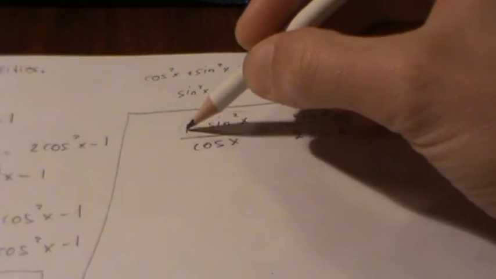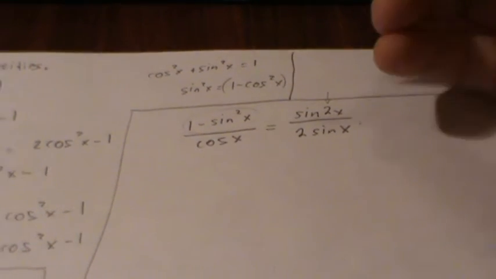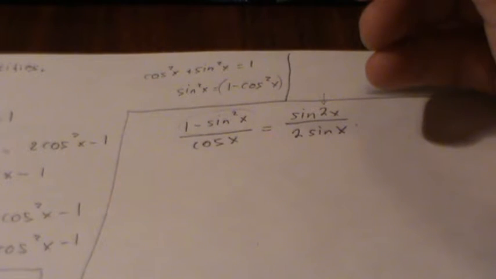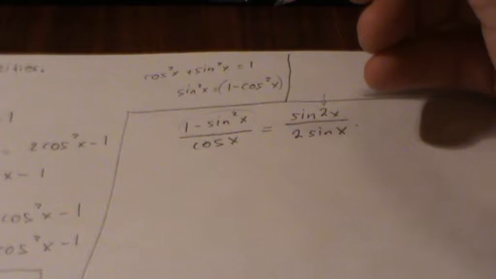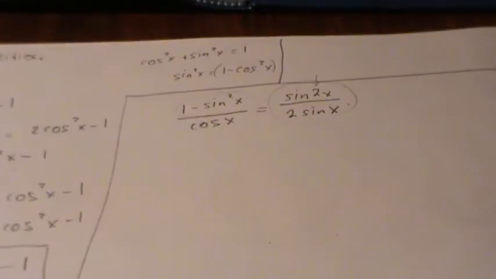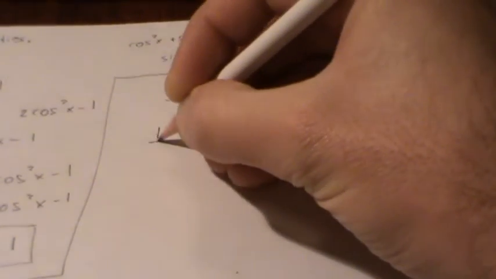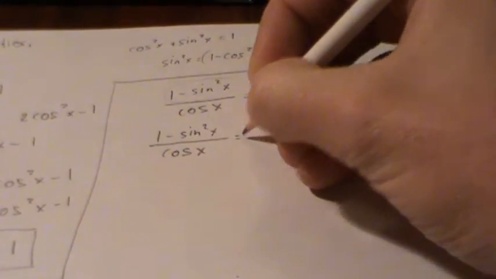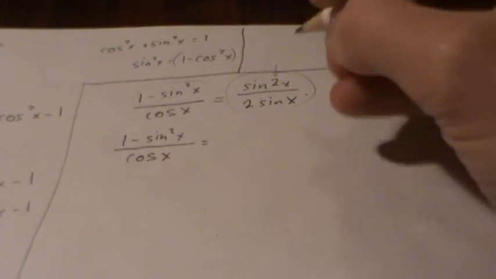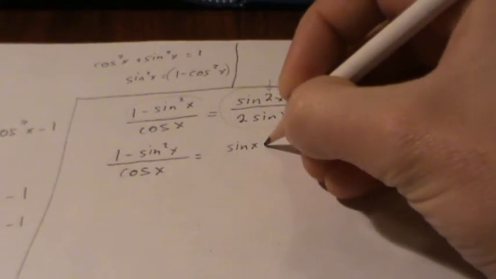Actually, here 1 minus sine squared x, I can rewrite that as cosine squared x. Yeah, I think this is going to work out all right. I'm going to change this side. So I'm going to write 1 minus sine squared x over cosine x is equal to, and I am going to change this sine 2x into sine x cosine x